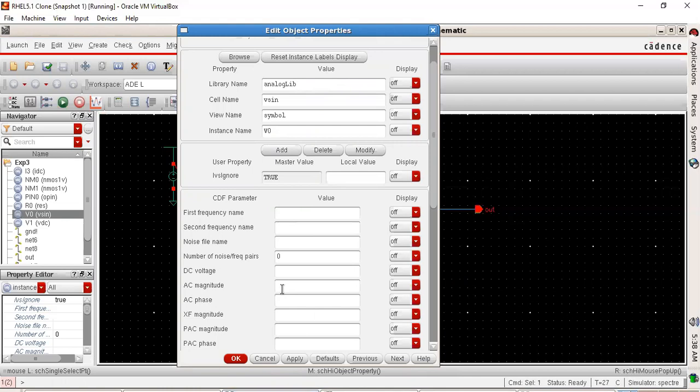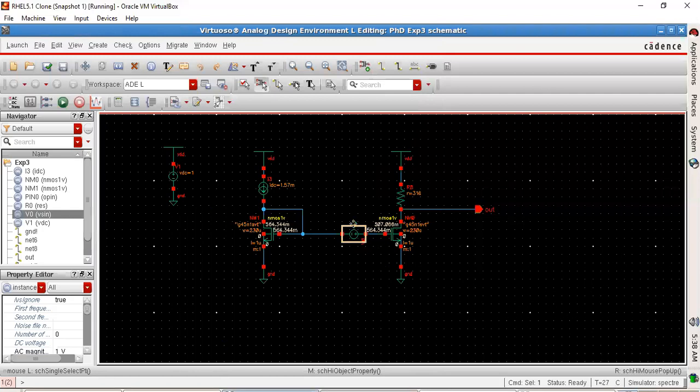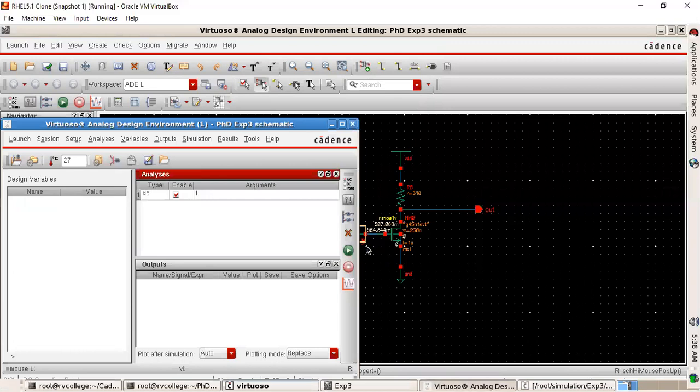So what you can do is I'll do AC analysis to check the AC response of the amplifier, and for that I'm keeping the AC magnitude as 1. So whatever output voltage you are measuring will give you directly the gain, right? Because output by input is gain, and if you set your input as 1, your output is same as gain. So I set that as 1, and then I'll go back to ADL window.